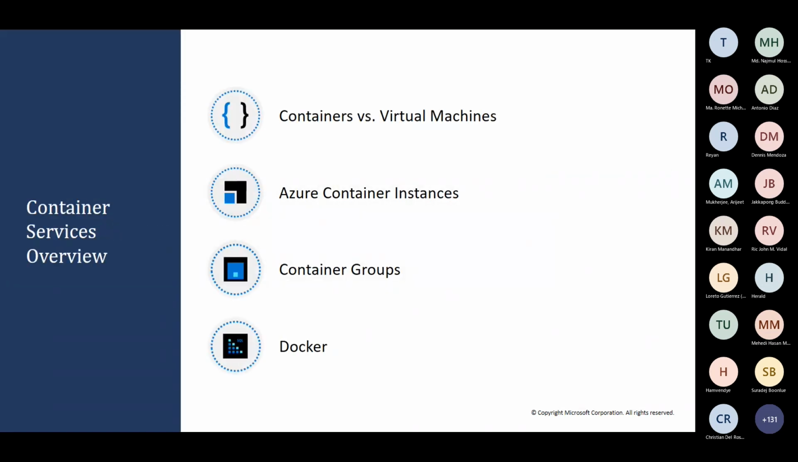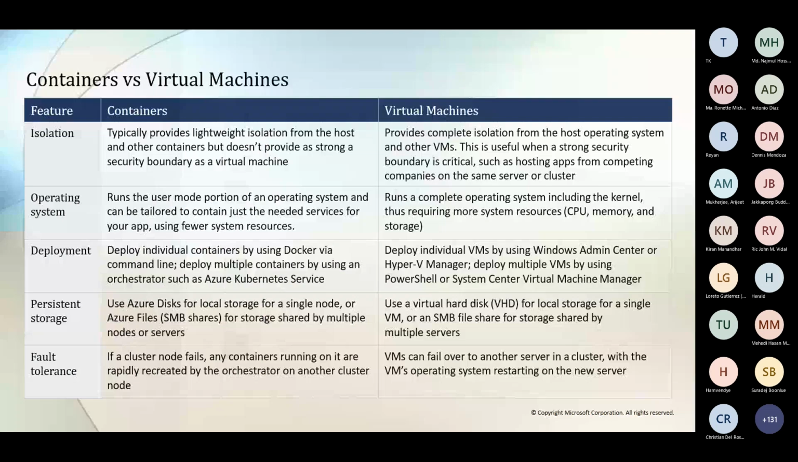So what is the difference between container and virtual machines? We will read here how we will make Azure container and Docker. Docker is one of the containers. So features, isolation. There are some differences between containers and virtual machines. Containers typically provide lightweight isolation from the host and other containers, but don't provide a strong security boundary as a virtual machine does. It is a lightweight separation, and containers don't have any strong security